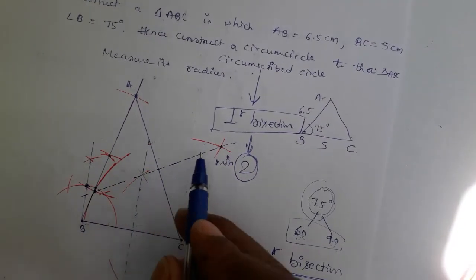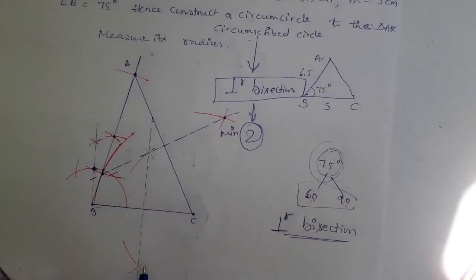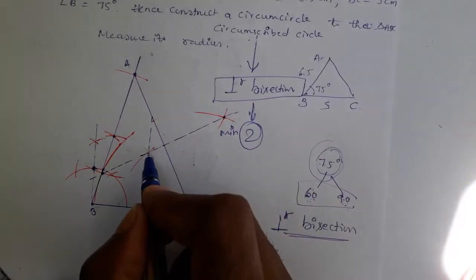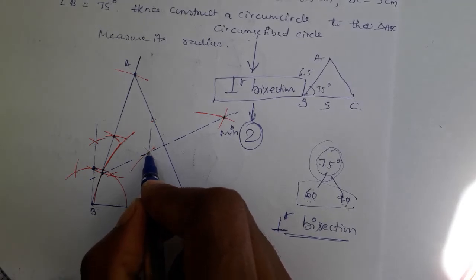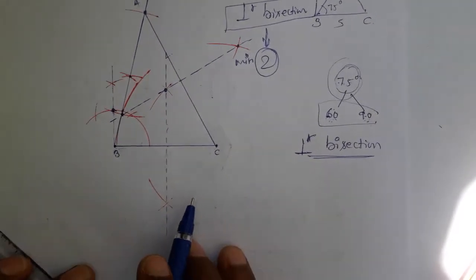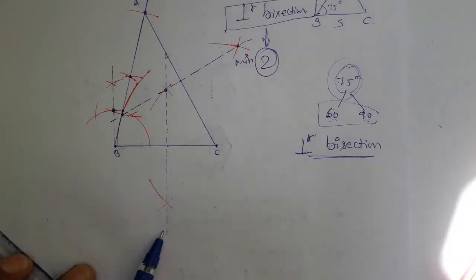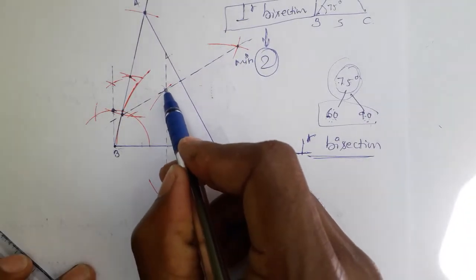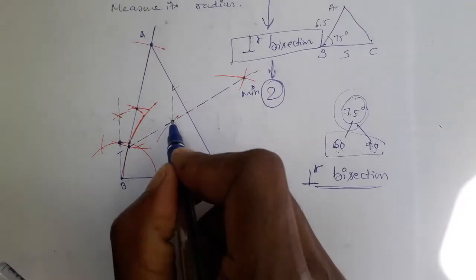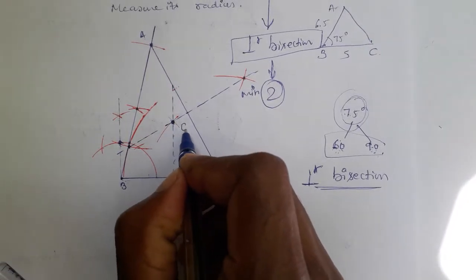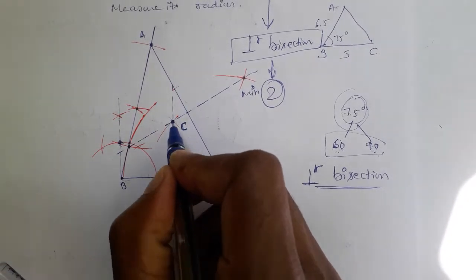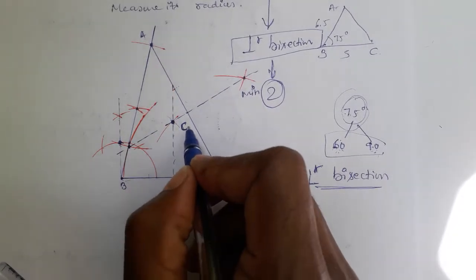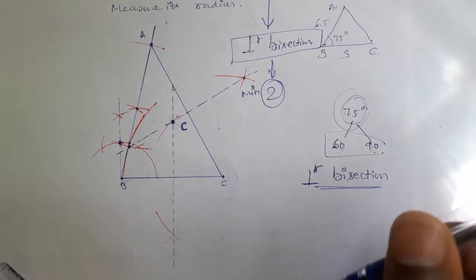Now almost your circumcircle construction part is reaching the end. The first perpendicular bisection line is this. The second perpendicular line is this. Both the perpendicular bisections are meeting at where? Try to find out. Look at the first perpendicular bisection and second perpendicular. Both the dotted lines are meeting at where? Get that point. That point you mark as C, because this is the circumcenter. So this two perpendicular bisection meeting point is called C, circumcenter.